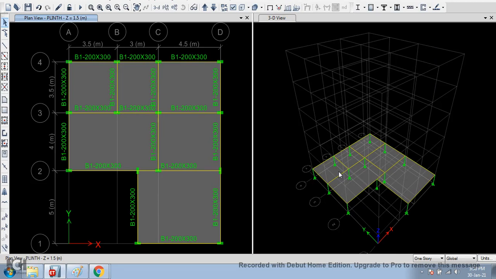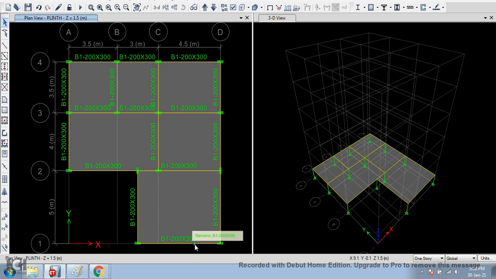Most of these beams are lesser than 5.5 meter. For lesser than 5.5 meter, 200 by 300 is okay, we can use that one. But this bottom beam is larger in length. For that I need to overwrite. So how to overwrite the existing beam section?